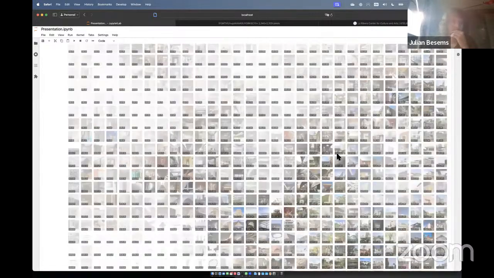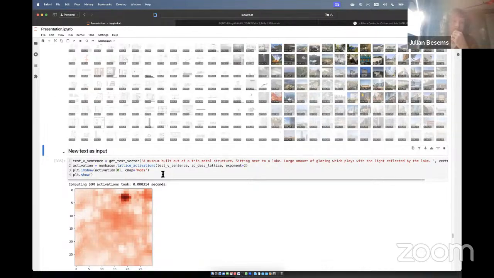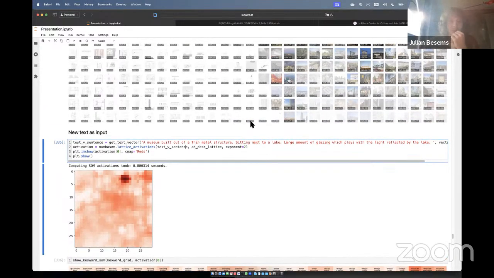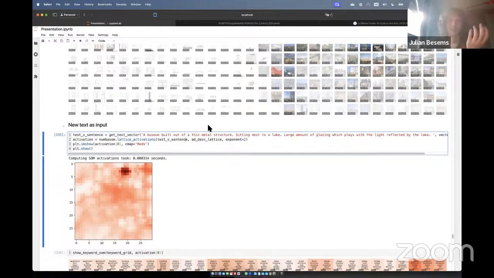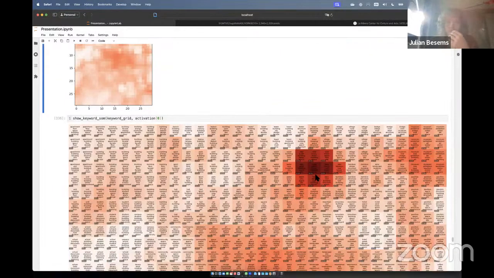Now, as a last step, I take the prompt that I created that DALL-E image for and look at where that is sitting. I wanted to have a similar place to the Ishigami project. So I was saying, okay, a museum built of metal structure sitting on a lake, see where we end up. We end up just one cell further onwards.